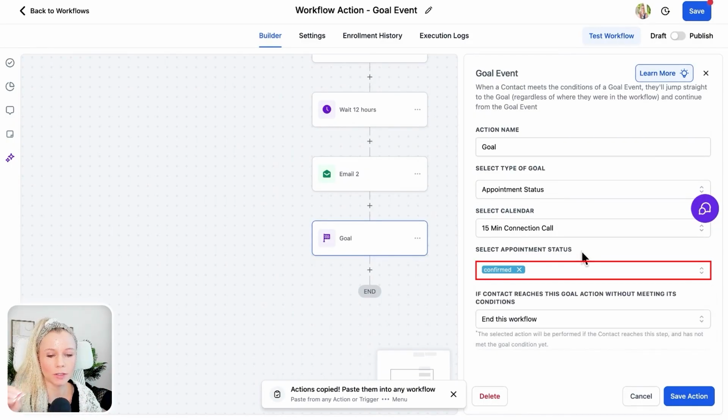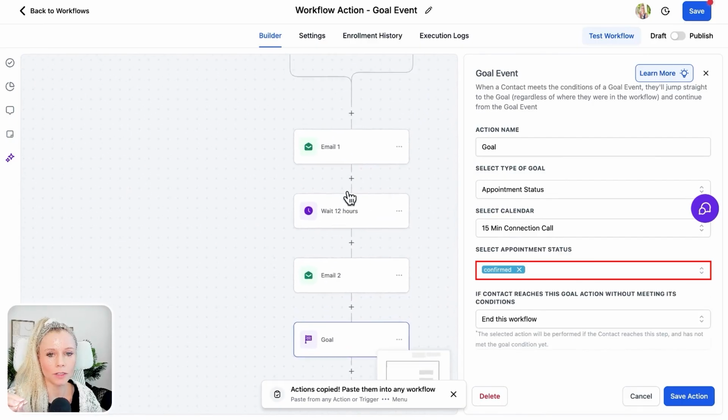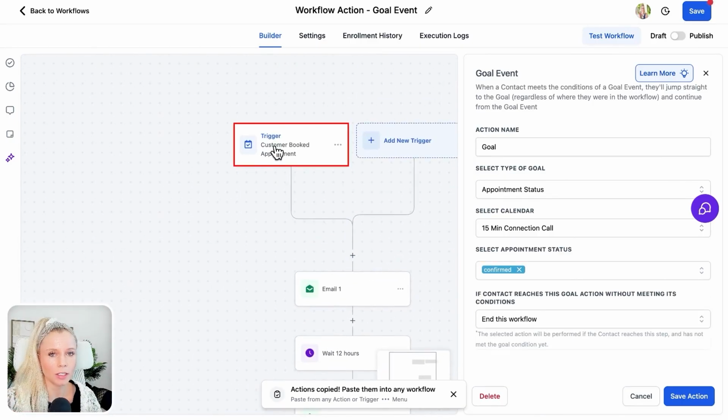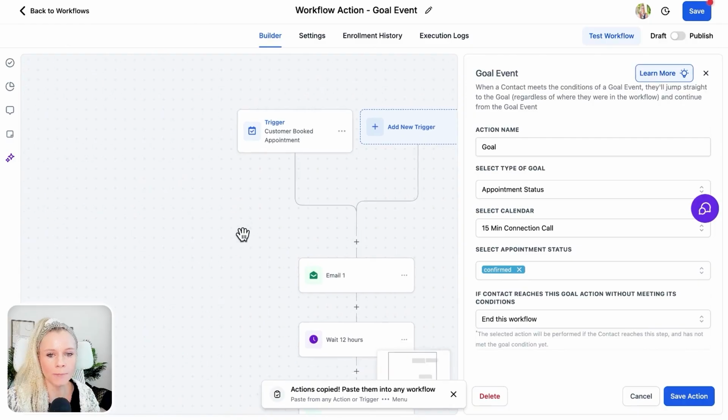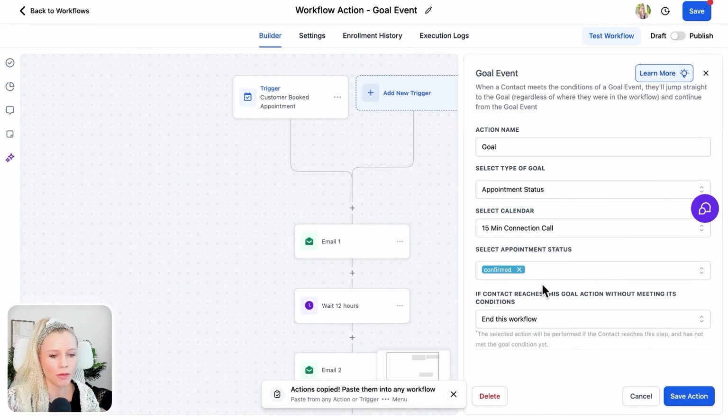If the appointment status is confirmed, meaning in the first step in the trigger, for example, it's only booked, then you have to go manually in, maybe review the data they have given you in the qualification form, for example. From there, you decide, do I confirm this appointment or I don't confirm this appointment? Maybe you're a coach or consultant and you really have a tight qualification process in place. Who do you want to work with, right? So let's say you confirm the appointment, then they'll be added to another workflow and are being prepared for the next meeting. And that way they need to consume different types of materials, maybe watch your webinar and so on and so forth. And this is how you use the goal